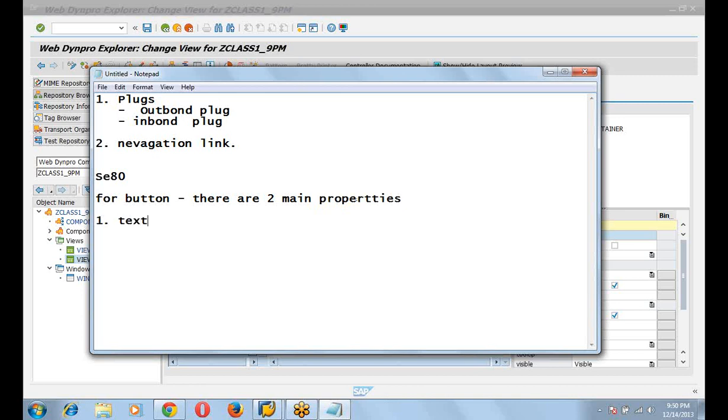For every UI element, there are some mandatory properties.